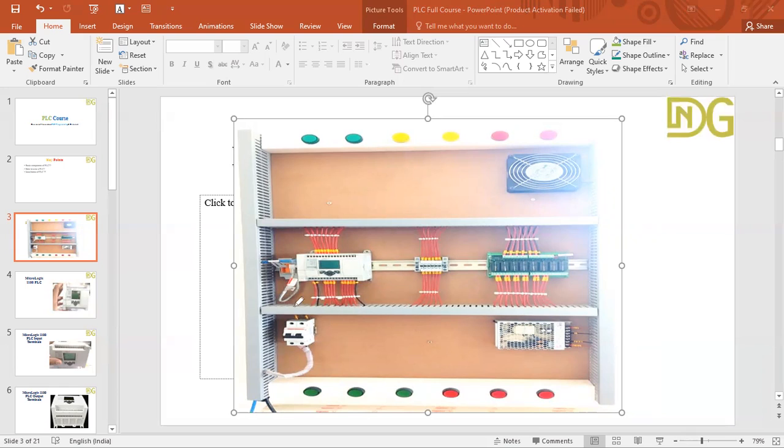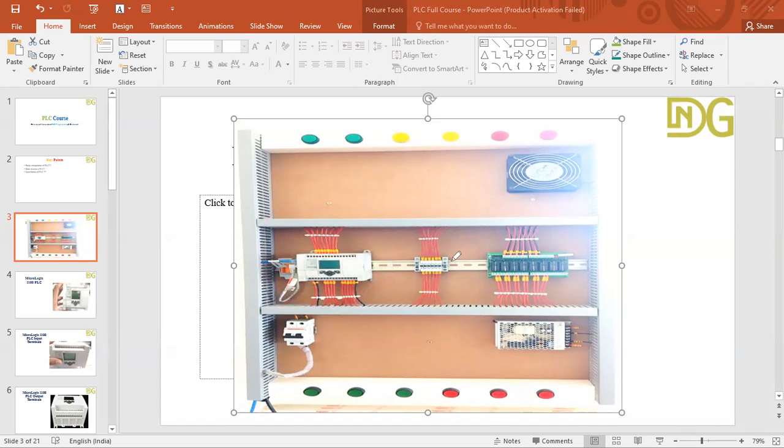And this is our switch circuit breaker. This is our circuit breaker. And this is our SMPS, switched mode power supply, which converts the 230 volt AC to 24 volt DC, because our PLC operates on 24 volt DC.